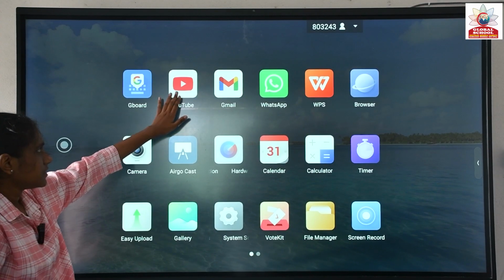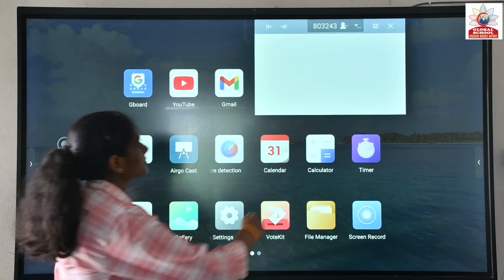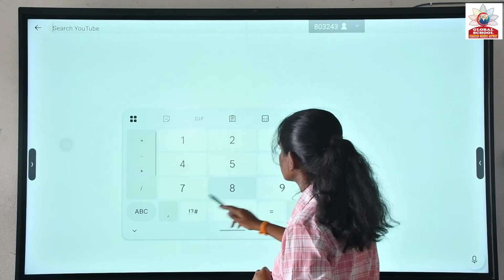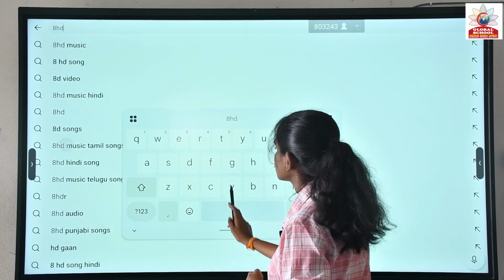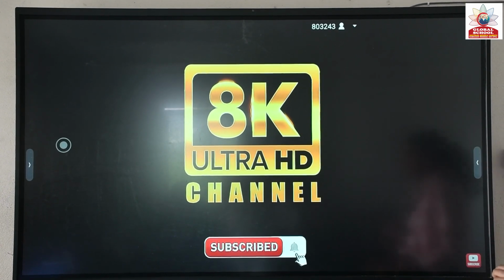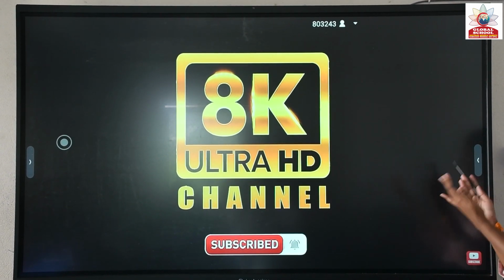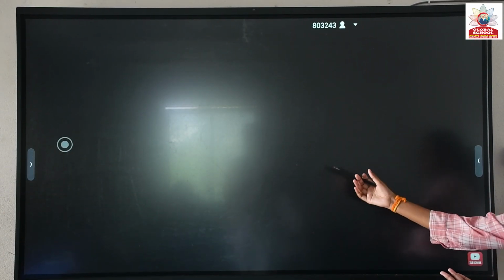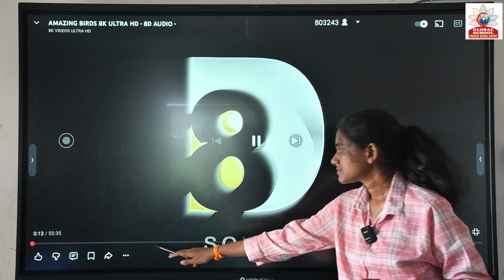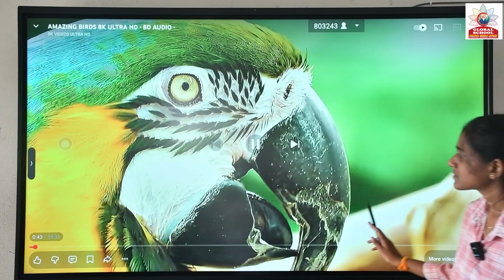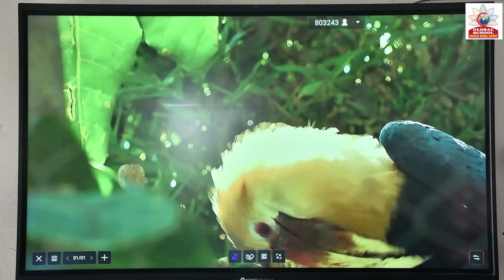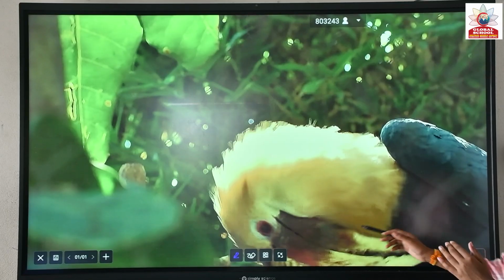So YouTube, any videos you want to open. For example, ma'am, on a Google page I am teaching, or any YouTube video I am showing to the students, and if I want to write something on the board in between the class, you can mark the screen. Or when showing any video in the classroom, you just select the mark option, and the board will freeze and you can write on the screen.